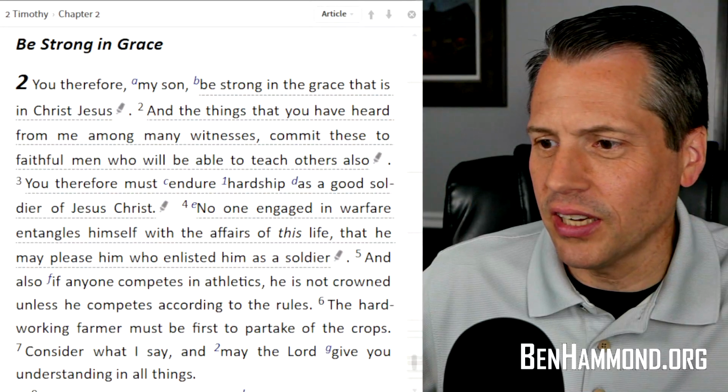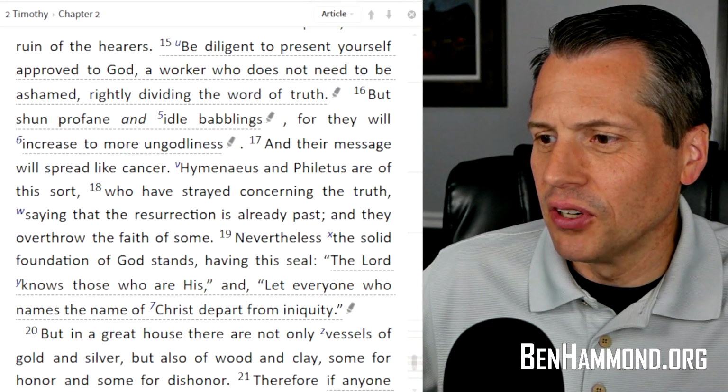But here's the second one. This one's a little more gory, if I can say it that way. And that is false teaching is like rotting flesh, like rotting flesh. I want to take you to 2 Timothy now. In some Bible versions, this is going to be very clear. In some, it's a little more hidden. But it's 2 Timothy chapter 2, verse 14. Let me get this to you. 2 Timothy chapter 2 and verse 14.